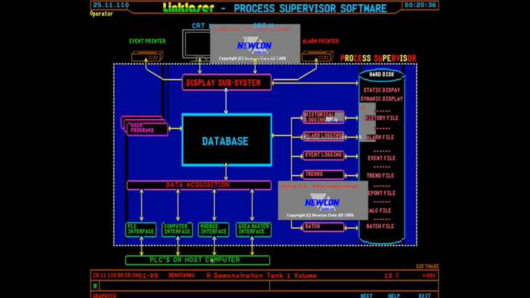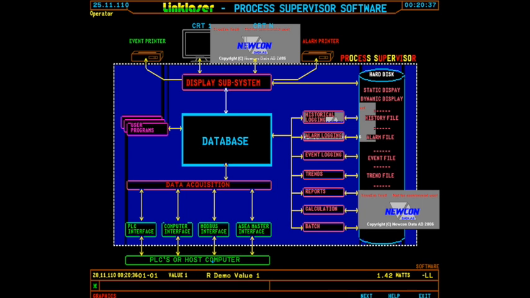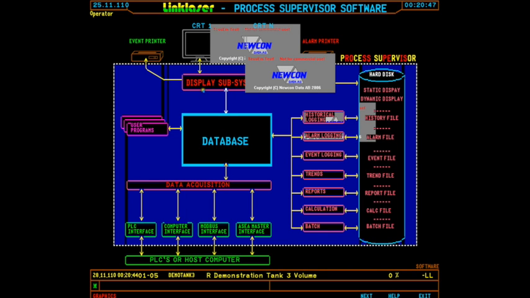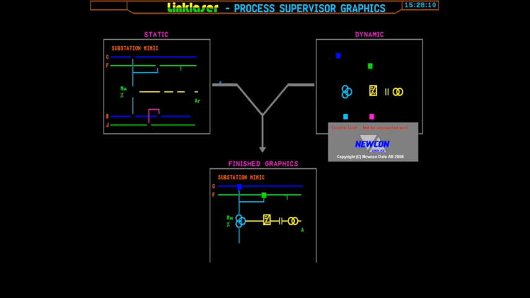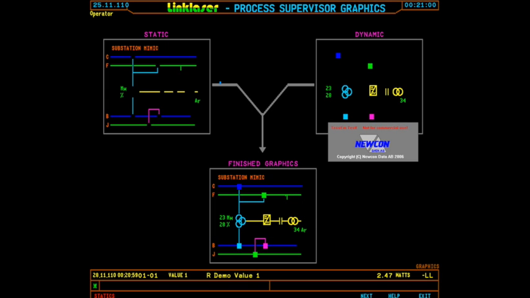And we basically write a protocol to the device we want to talk to. It comes through that interface and through the standardized data acquisition, and data gets planted in the database. We then have the display subsystem, and this is a thing that handles CRTs, and it's a thing that you can see working now. If you look at some of the graphics that we've got, you can see, if you know some of the way the old systems were built,